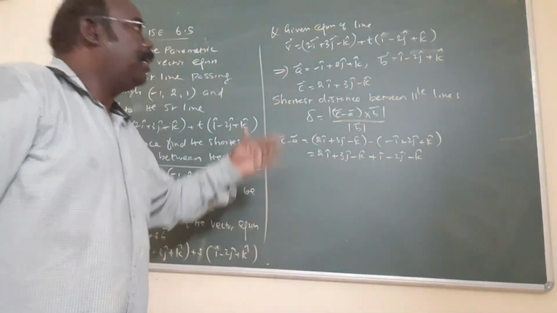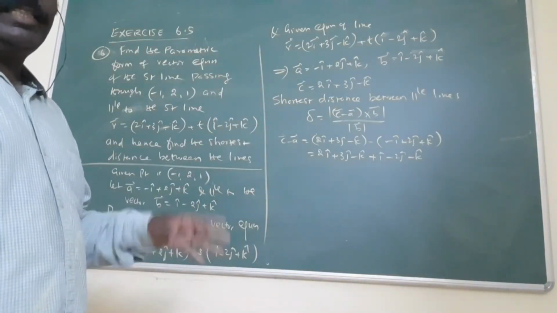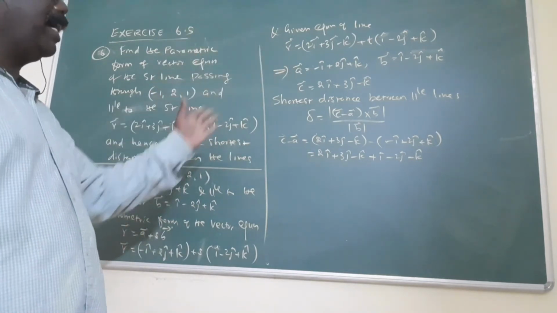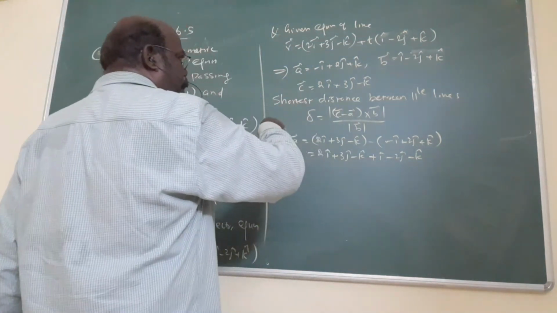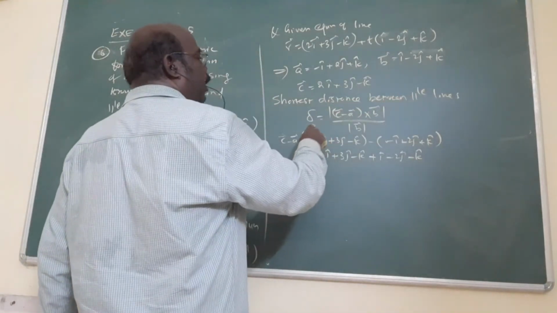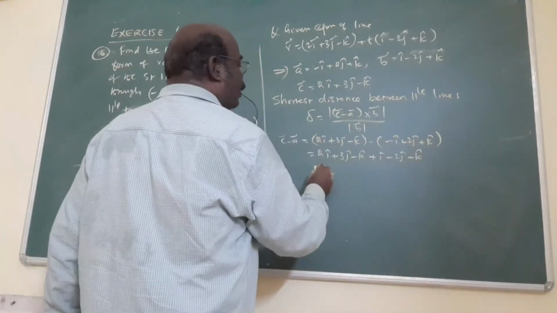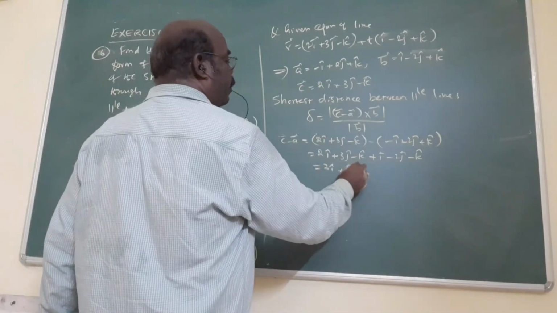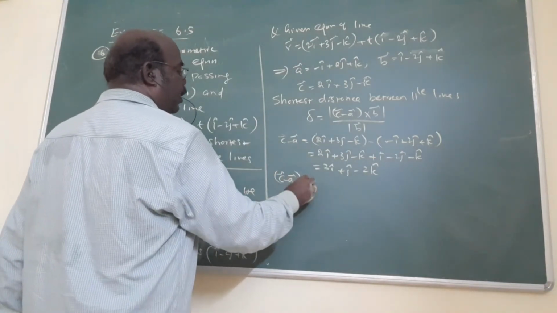If they are different from one another, then B vector and D vector. But here both are the same. That's why B vector. This is the parallel vector. Am I correct? A, then the parallel vector, then C, again B vector. Now this is a parallel vector. That's why they are parallel straight lines. That's why the shortest distance between parallel lines is delta equal to the modulus of C minus A vector cross B vector divided by the modulus of B. First the point C minus A vector. Now subtract both: 3I cap plus J cap minus 2K cap. Now cross product of C minus A cross B vector.